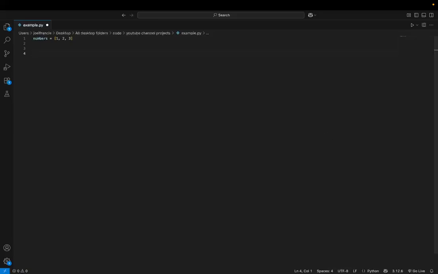Append is written like this, just like numbers.append and whatever number, in this example we're using 4, and it just adds the number to the end of the list. Extend is written like this,